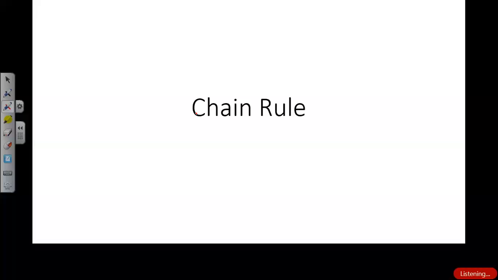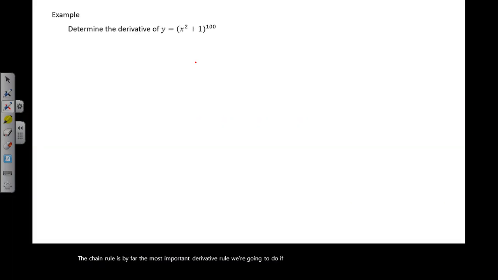The chain rule is by far the most important derivative rule we're going to do. If I lose you at any point in time, you're going to let me know. We'll start with the derivative of (x squared plus 1) to the 100, and we'll just do it by brute force,